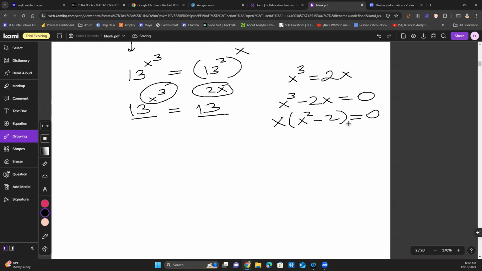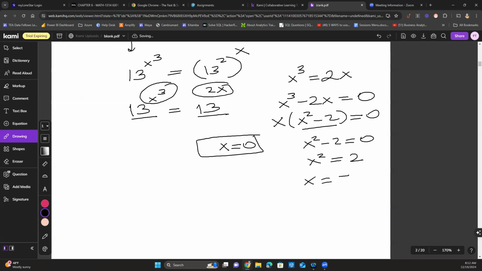Now, because of the zero product property, and I did factor this properly, the first factor x must be set to 0, and this already gives me an x value to use. x can be 0, and then the other factor, x squared minus 2, must be set to 0, which allows me to set x squared to be 2, and x will be equal to plus and minus square root of 2. So that means the solution set for this question is